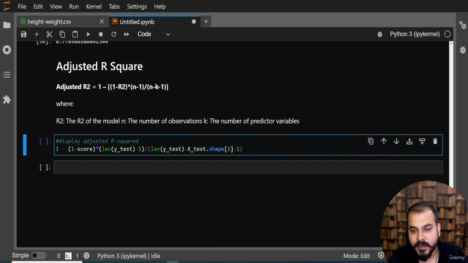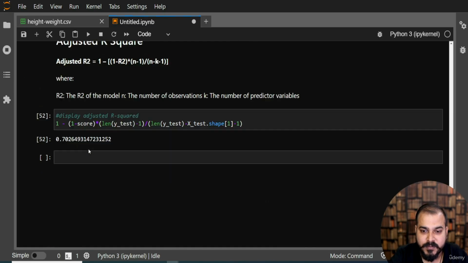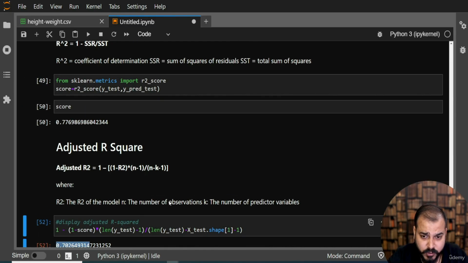Whatever that will be, I will get my R square and adjusted R square value. Always remember, your R squared value will always be greater than adjusted R square. This is what we had also discussed. So great, your R square is basically coming as